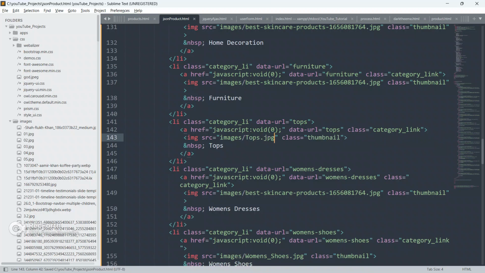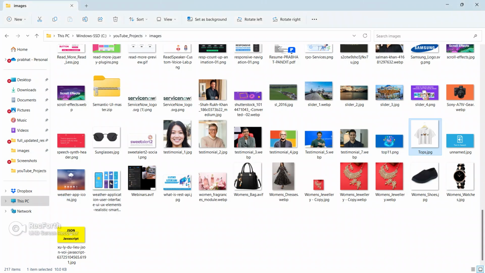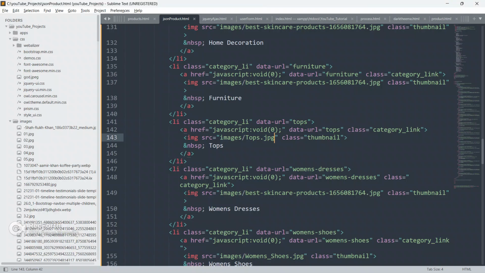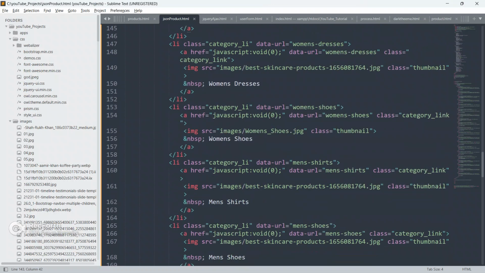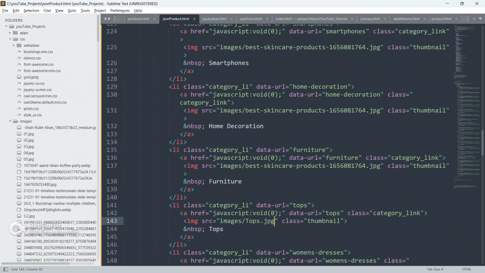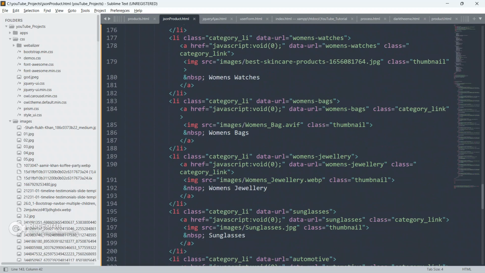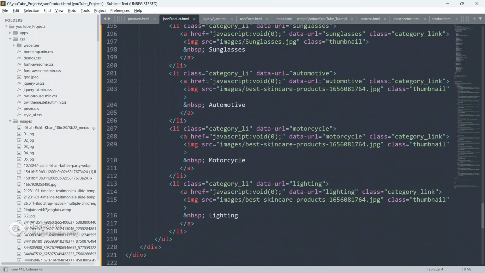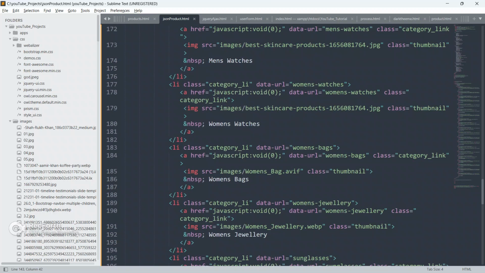Here is the top. Okay, and we have to replace this image. Women's watches, copy this image name, go to the women's watches category and replace this.